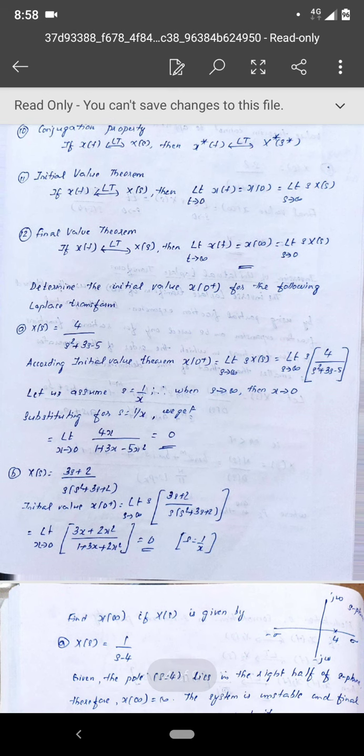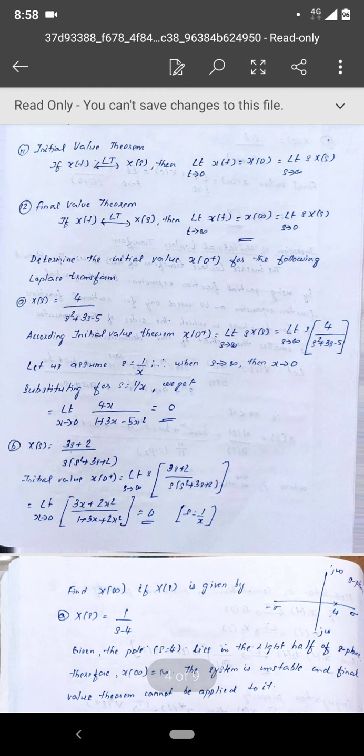So in such cases you have to consider another substitution, that is s equal to 1 by x. If s tends to infinity, then surely x tends to 0, because 1 by 0 is infinity. That is why when s tends to infinity, x will tend to 0. So if we substitute s as 1 by x and put x tends to 0, you will get the limit as x tends to 0 of 4x by 1 plus 3x minus 5x square,